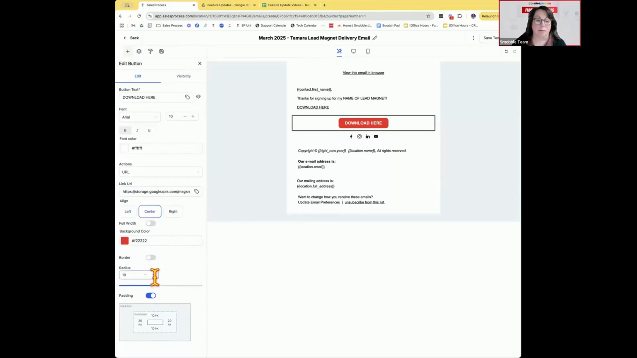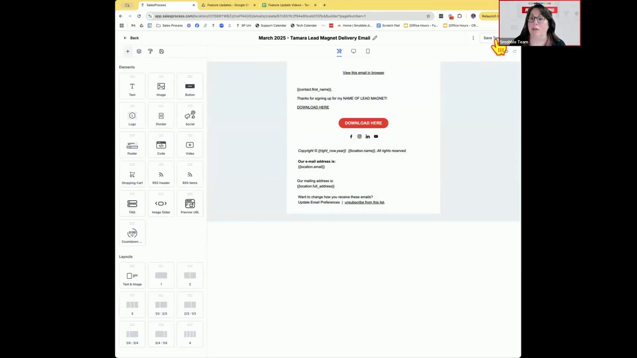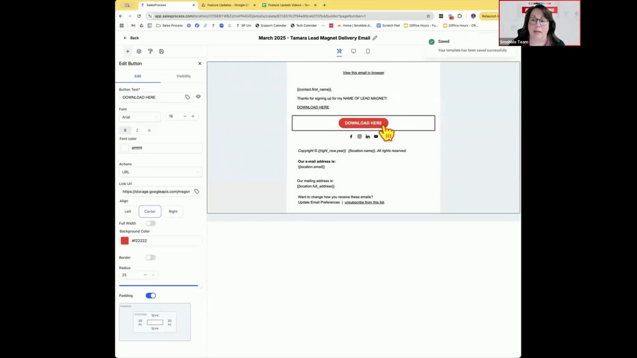You can change the radius of the button. If you don't like a square button, if you'd prefer a round button, you can make it more rounded on the corners. There. And then all that's going to happen when you click the button is we'll show here,